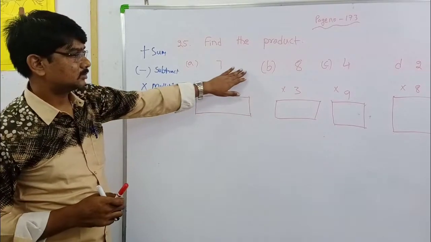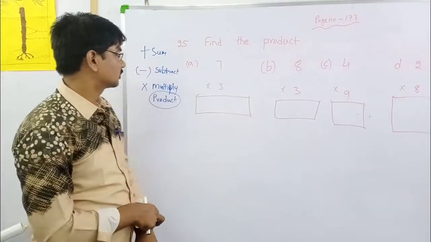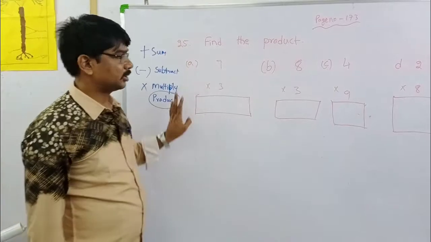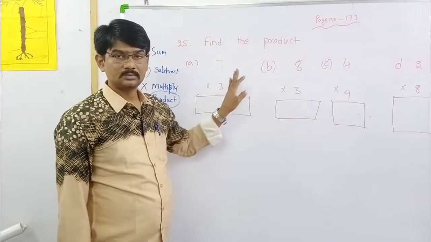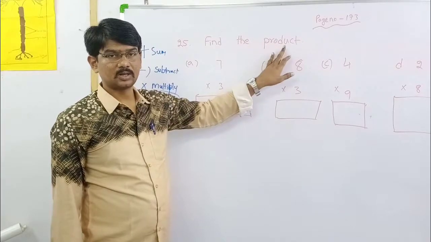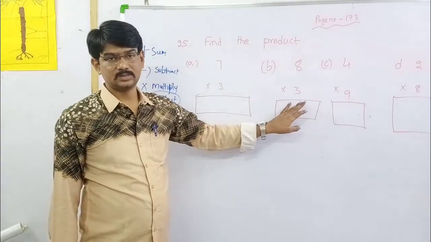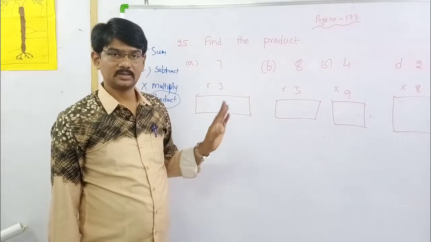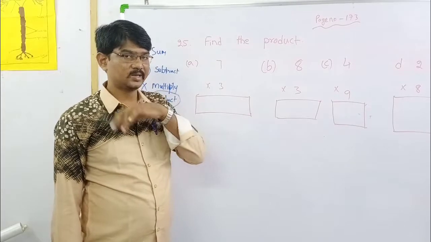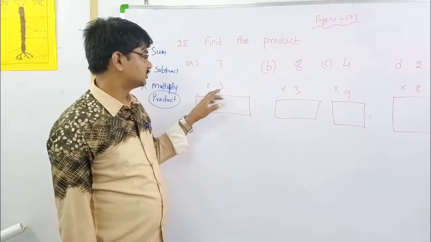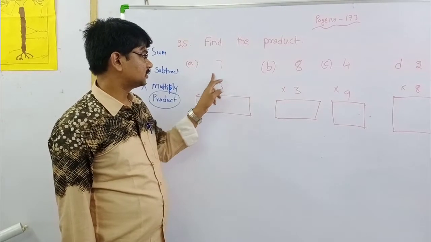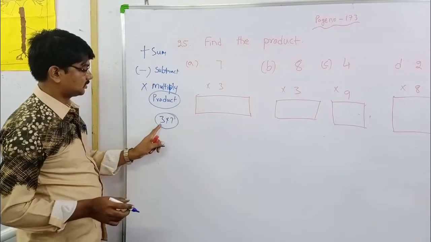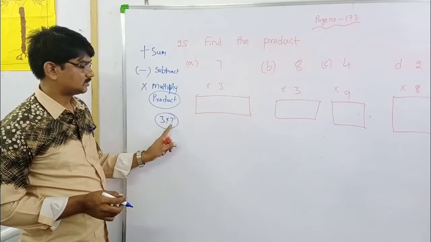Let us see some problems given here. 7 is here, 3 is here. Okay, one important topic is here. To deal with this topic, product topic, and to deal with these problems easily, you should learn tables. Tables are very, very important here. Why? Just look here, 3 into 7. What is this? 3 7 ja. Yes, 3 7 ja.